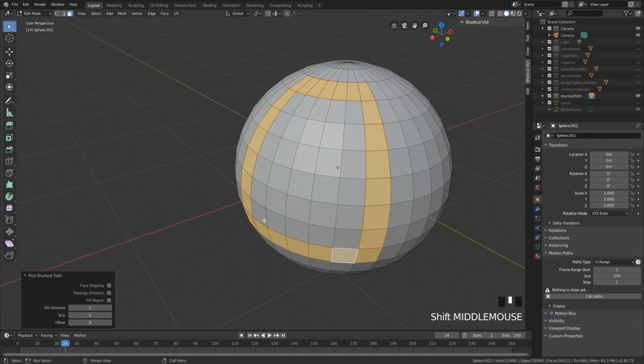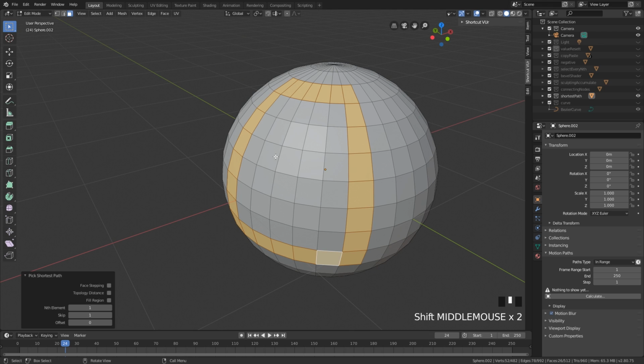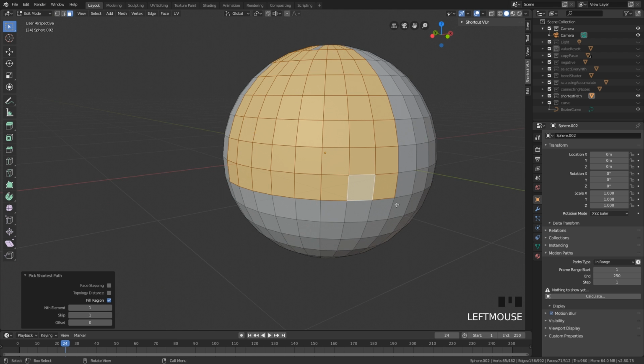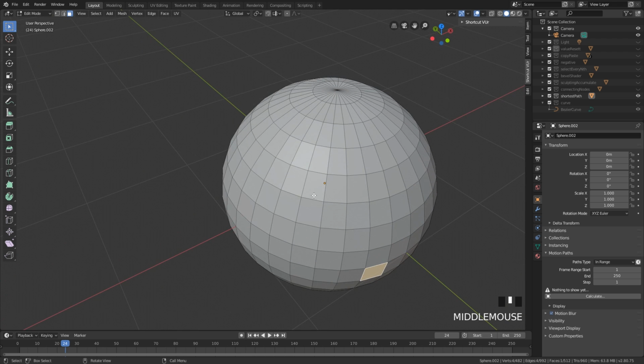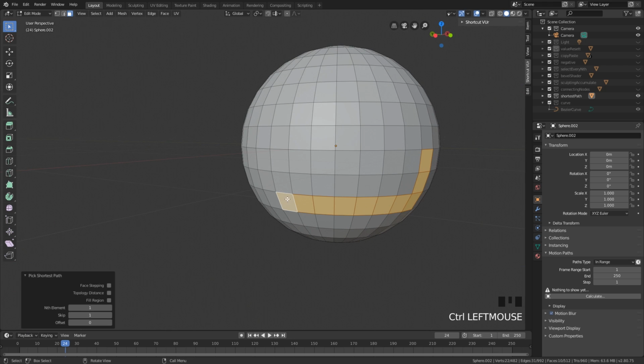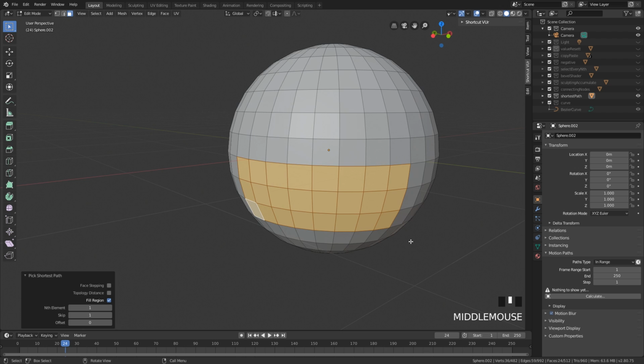We also have another little trick for you as well, which is fill region. So if we were to click here and click down here, and now we select fill region, it's going to select the region in between it. It's a bit funky when it comes to certain kinds of topology, but if we do it like this and then do fill region, now you can see it just fills up this entire region. Instead of